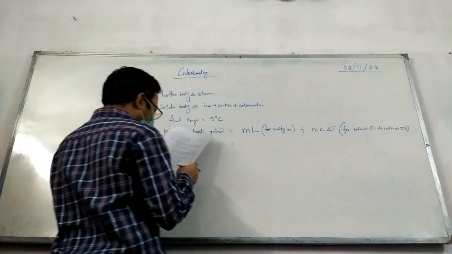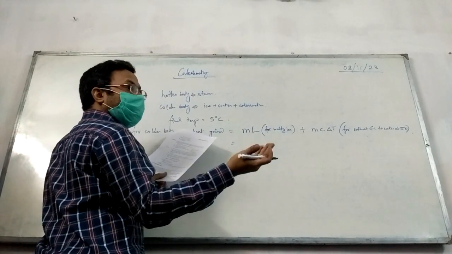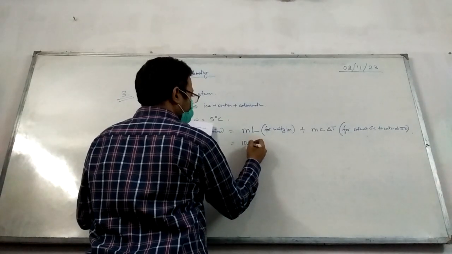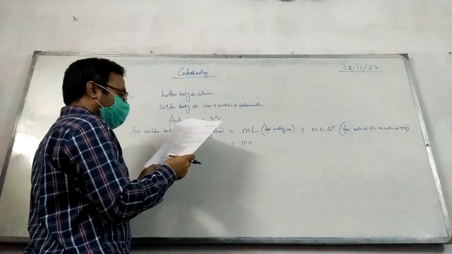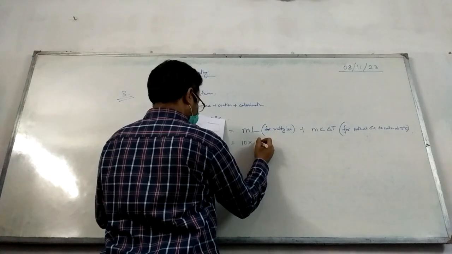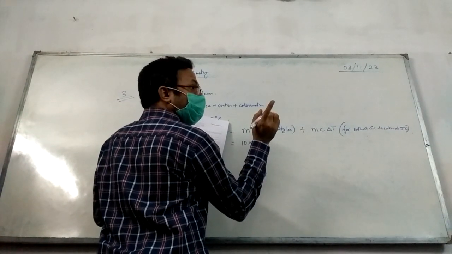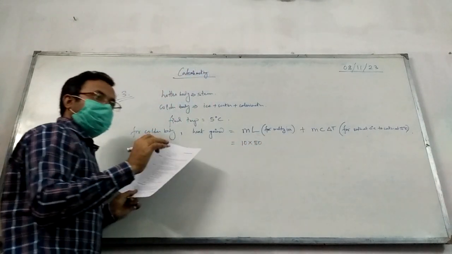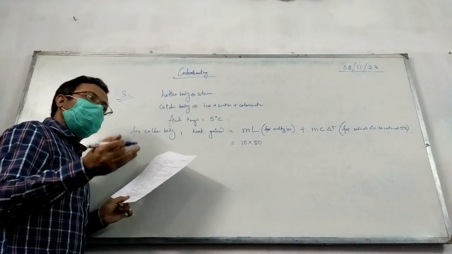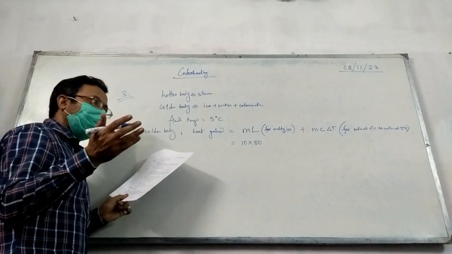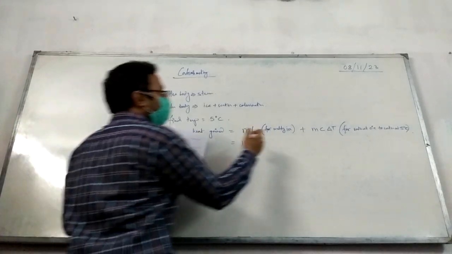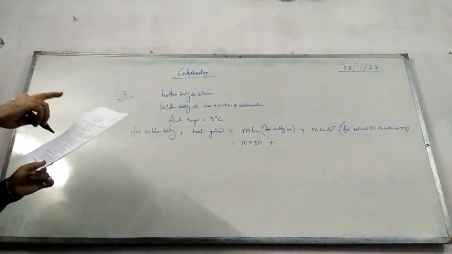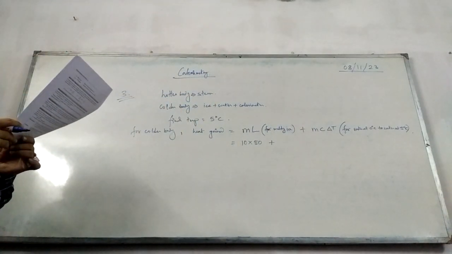How much ice is melting? 10 gram of ice. So 10 into the specific latent heat of fusion, which is given as how much? 80 kilocalorie per kg, that is 80 calorie per gram. 80 kilocalorie per kg is the same as 80 calorie per gram; we remove kilo from both. So 80 calorie per gram, plus